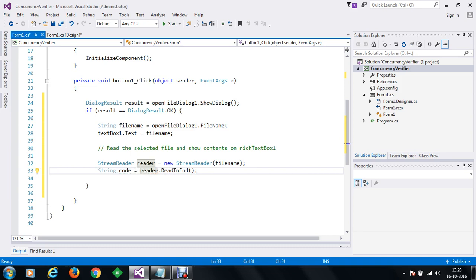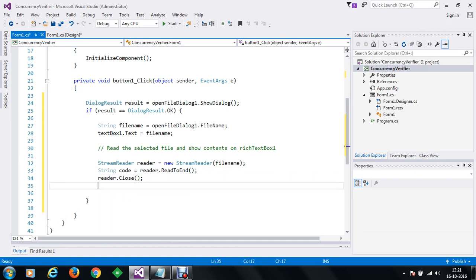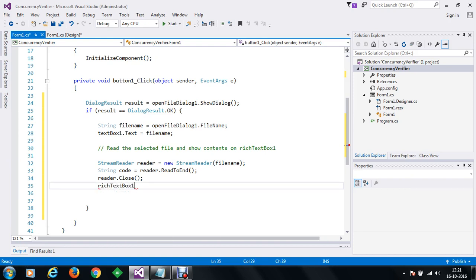So whatever code is written in our file, we will read the file and store the data in the code variable. Now we are going to close the reader, and after closing the reader, we are going to set the code in our richTextBox1. So we'll do something like this: richTextBox1.Text, and we are going to store the value of code into that.